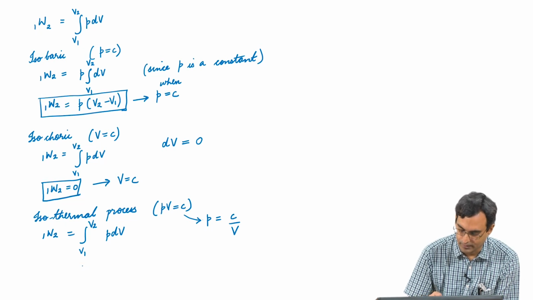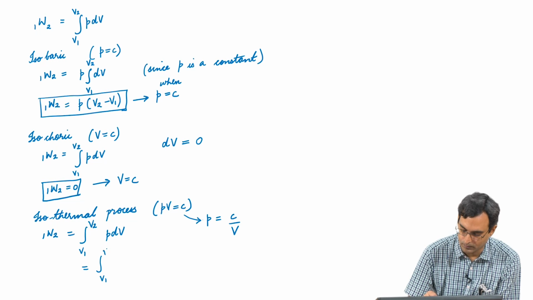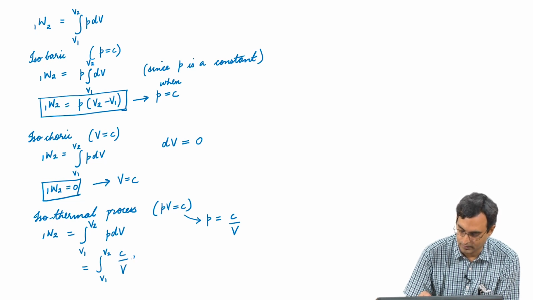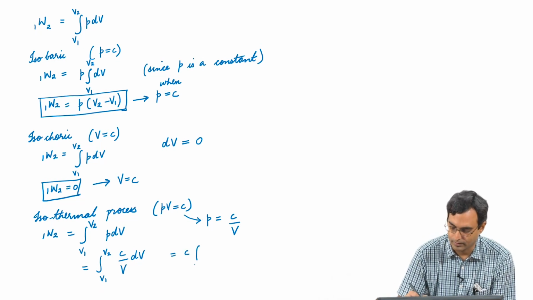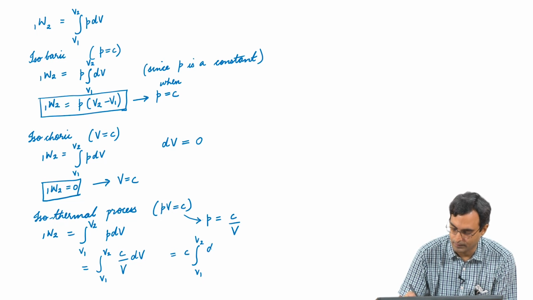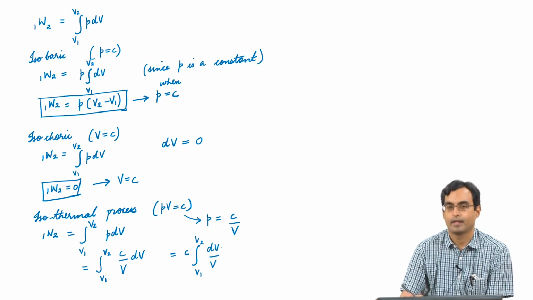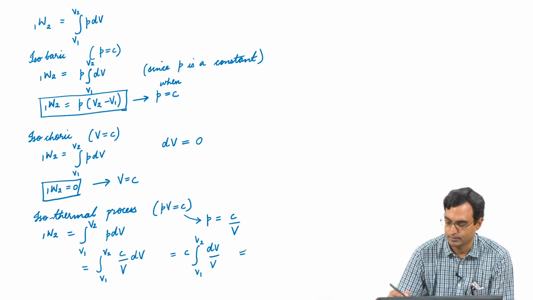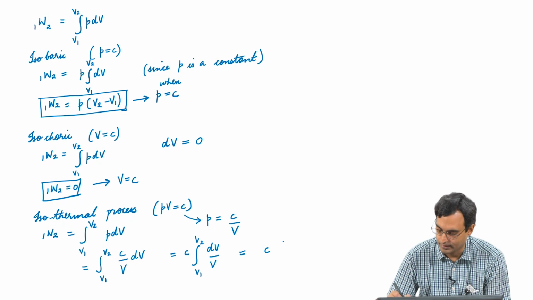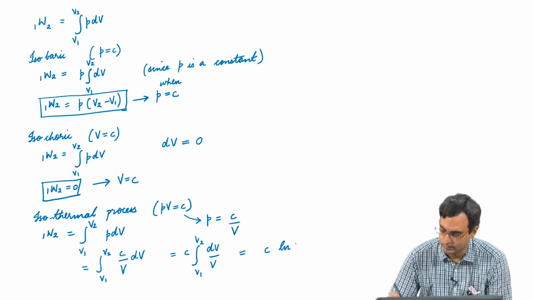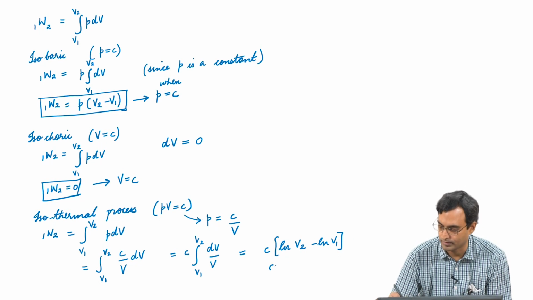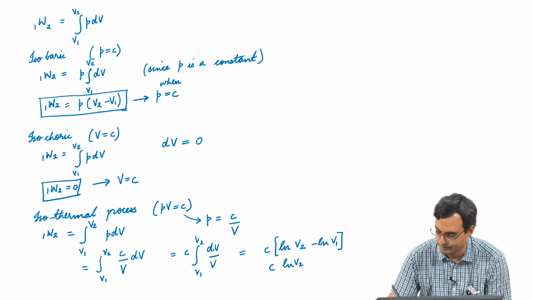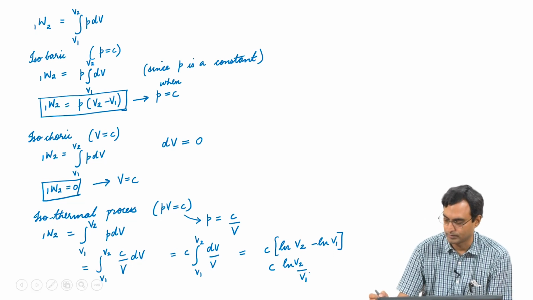So, this gives us the integral from V1 to V2 of C by V dV, where C is a constant. So, I can take the constant out: it is C times the integral from V1 to V2 of dV by V. The integral of 1 by V dV is ln V. So, what I get is C into ln V2 minus ln V1, and log of V2 minus log of V1 is essentially C into ln V2 by V1,